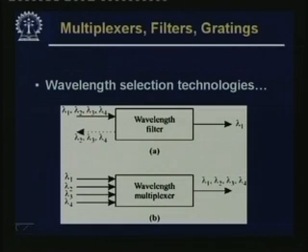We have talked just a little bit about it. These are all wavelength selective devices: multiplexers, filters, gratings. In a wavelength filter, suppose lambda 1, lambda 2, etc., so many are coming, I want only lambda 1 out. Lambda 2, lambda 3, lambda 4, etc., are absorbed or something. Whereas, if you are a multiplexer, the different lambdas are coming in different lines, and I want them all to be mixed together and use the same line. So, that is a wavelength multiplexer.